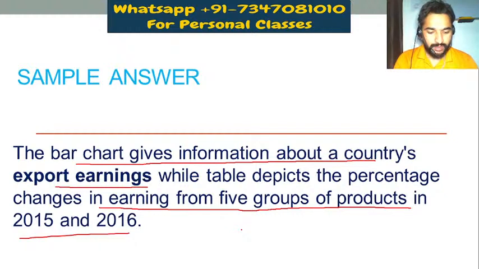Okay, Arpita said information about export is provided in the bar chart where the table shows the comparison between information about exports in the year 15 and 16. Okay, so table shows the percentage changes, right, Arpita? Table depicts the percentage changes in earning from 5 groups of products. Okay, RK, so you have to mention separately. Bar chart gives information about this thing and table depicts the information about that thing, right? So don't write it